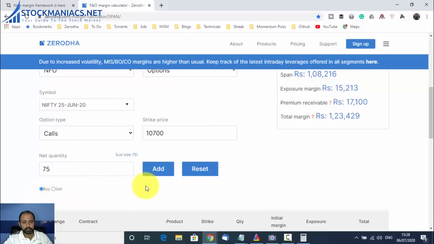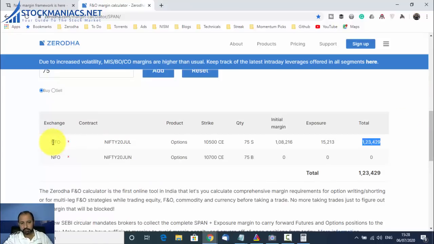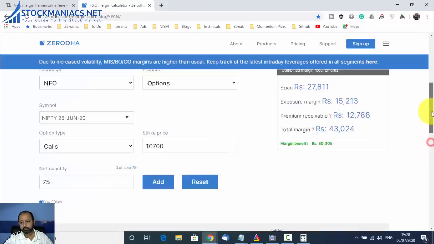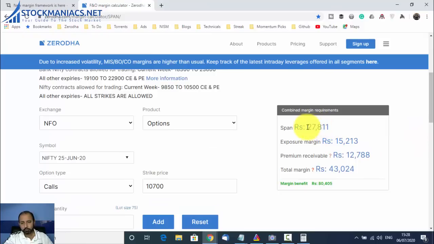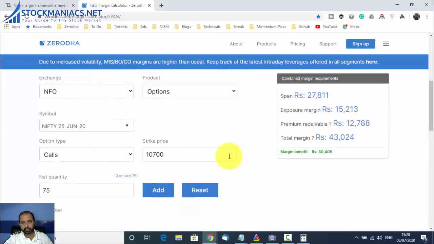Instead of selling, we will be buying. Click on add. So my dear friends, you can see previously the margin required to short sell one Nifty July 10,500 call option was 1,23,429. So once we hedge the position by buying one Nifty June 10,700 call, you can see the margin required